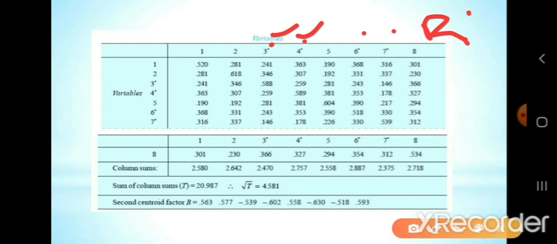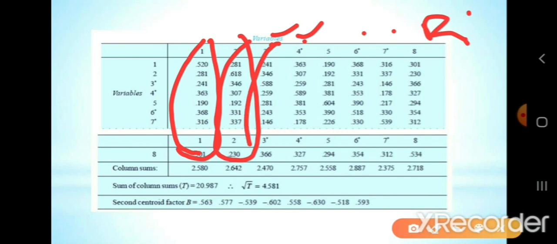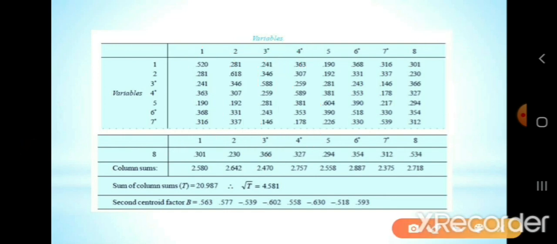Now in a similar way we will get the coefficient of the centroid factor from this residual matrix. We will get the sum of each column this way, up to the 8th column. Now after getting the column sum we will calculate the total sum of all columns. The total sum of the columns is 20.987 and from this we will get the square root of total